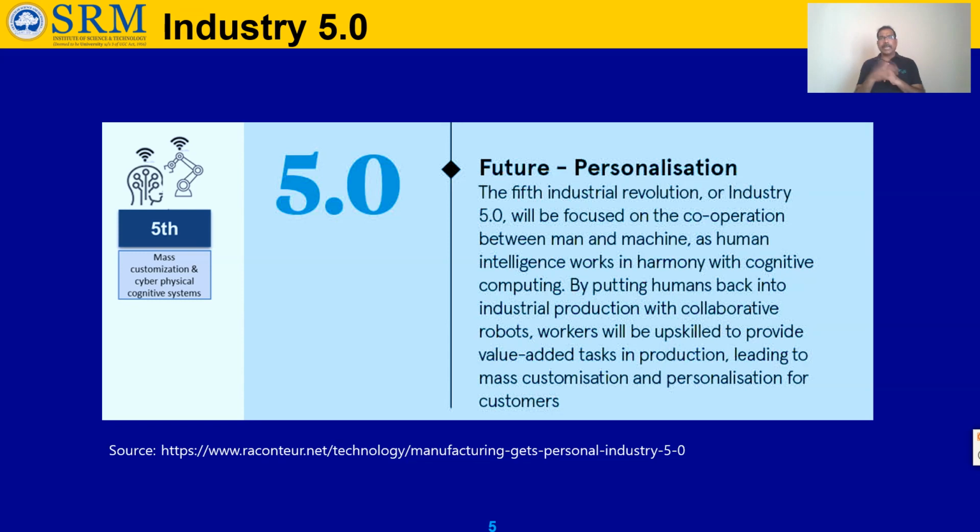You can see something like a magic mirror. We think it is a simple concept, but it is not. For example, in a garment shop or shopping mall, there will be a mirror where you can stand in front. It will match outfits for you according to your structure, with different combinations. You can choose and customize the design. For example, somebody may think, I need a flat size but a little bigger, a little oversized, or I have to reduce it. Everything is possible, and you can try color combinations also.